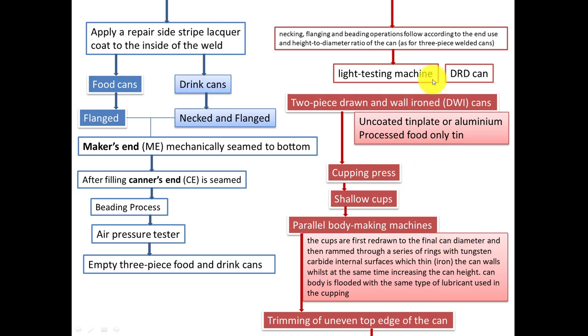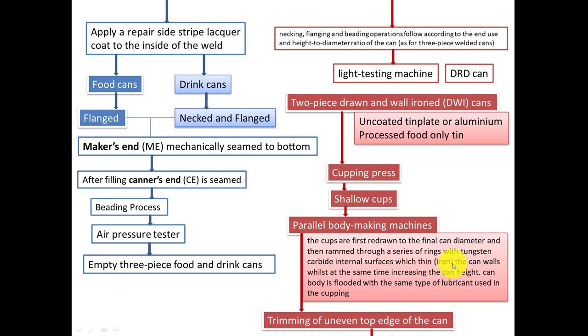So this story actually begins after the DRD cans. You have redrawn it to the final can diameter and then rammed it through a series of rings with a tungsten carbide internal surface. These rings have a hard coating of tungsten carbide on the internal surface,